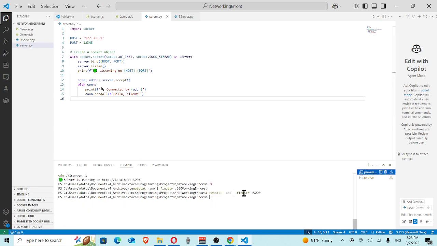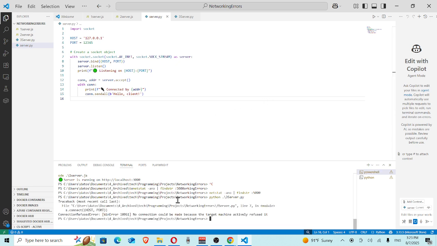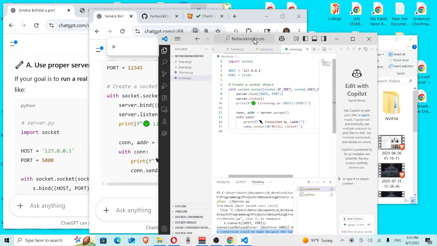Alright, what we're gonna try doing now, Python, oops, Python 3 server. There you go. Okay, so now we intentionally were able to cause the connection refused, WinError 10061, and let's